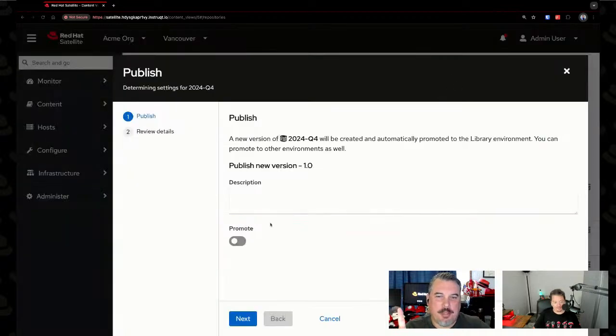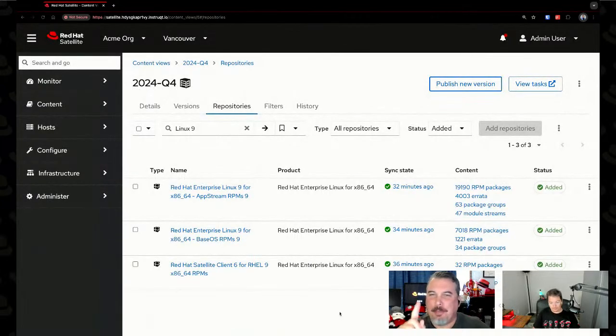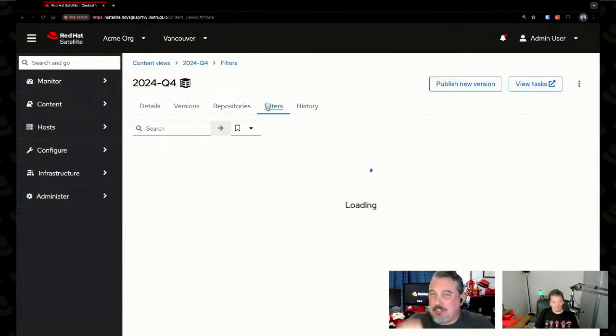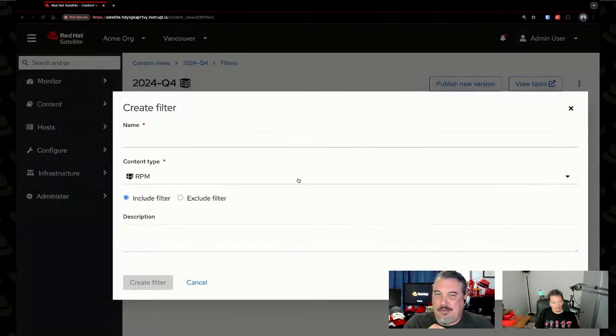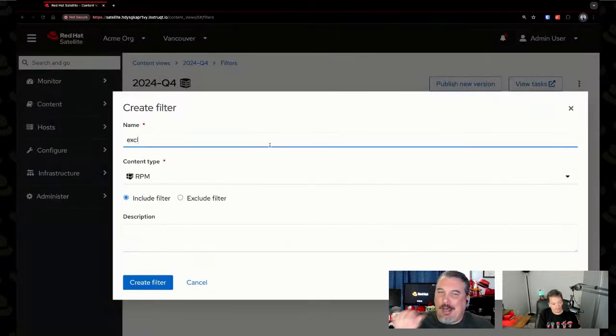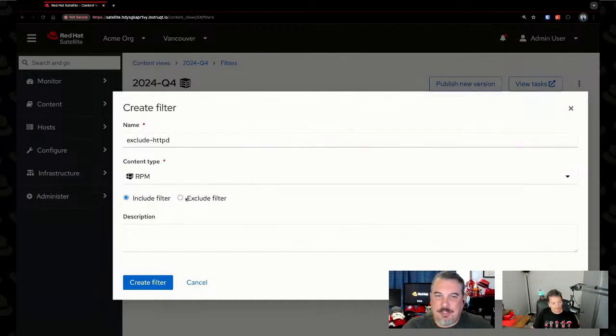Before you click publish, if you can go back one, I know I always do this to you. This is where you could also get creative and say, you know what? This is the second iteration, content view version 2, and we decided we don't want anybody to even think about installing HTTPD on those hosts. So you could actually put a filter in there and say exclude the package. Put the name, exclude filter,